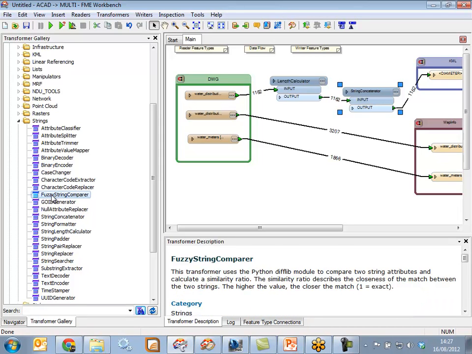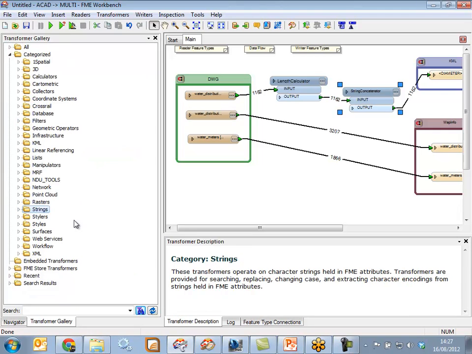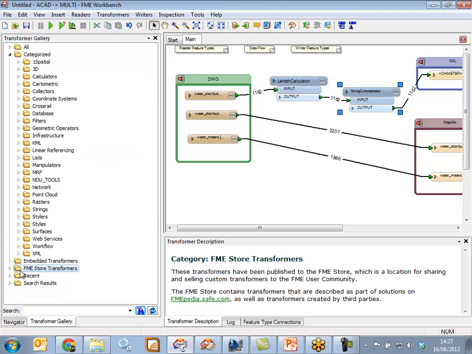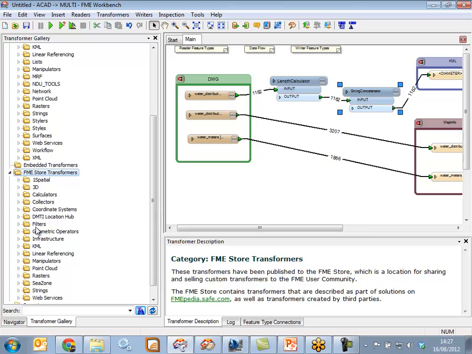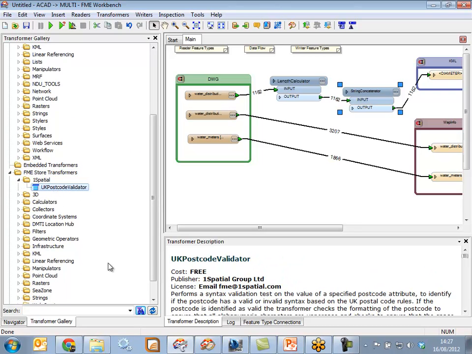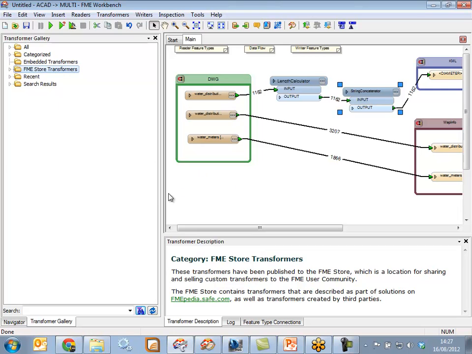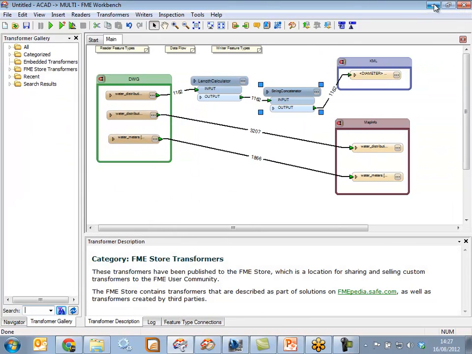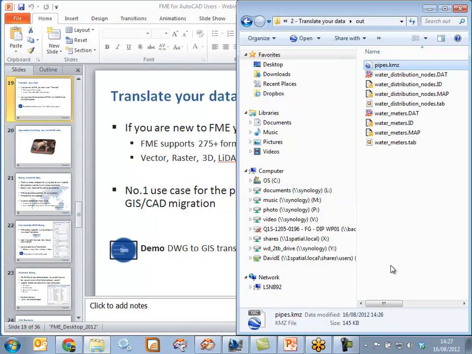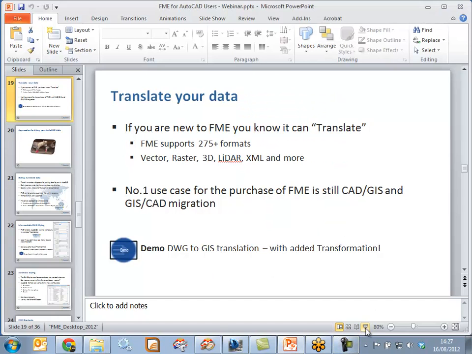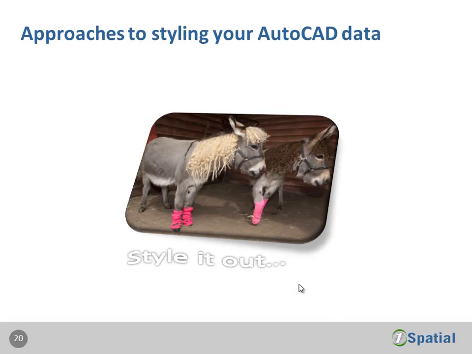You'll see that there are ones in blue here that are standard transformers, and there's also some custom transformers that are available through the FME store now. So you can go and take a look at the FME store transformers and what are available, and you'll see that, for example, One Spatial have created something called a UK postcode validator and made that available through the FME store. So you're welcome to download any of those extra tools to use with FME. So let's just close down our workflow